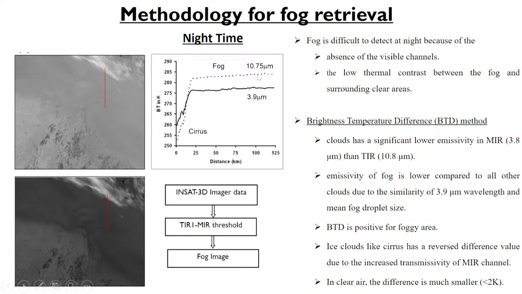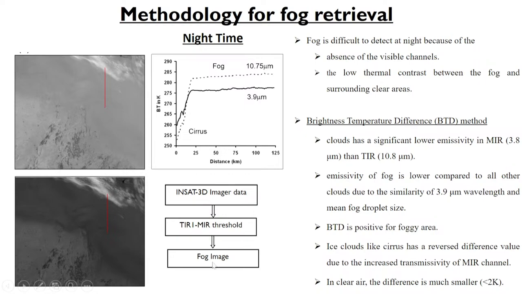When we take several images and plot this kind of graph, we understand that usually or mostly the difference is at least more than 2 Kelvin, right? In this case, the difference is more because the fog is very thick, but usually the difference is more than 2 Kelvin. However, for other features like land, this difference will be much less than 2 Kelvin. Also the snow and cloud are removed in this method. For example, in the case of cirrus cloud, the difference is actually negative, right? So clouds will also be removed easily.